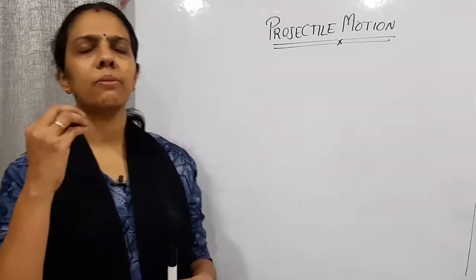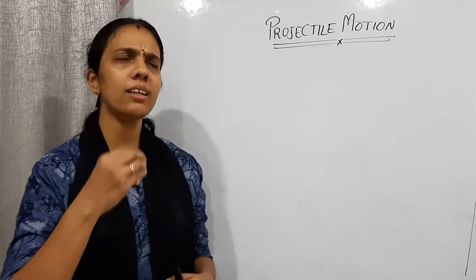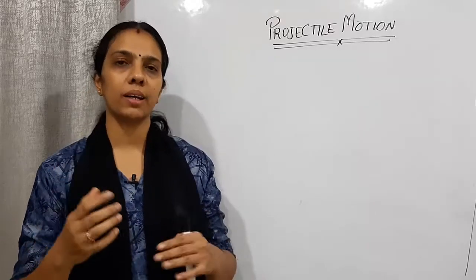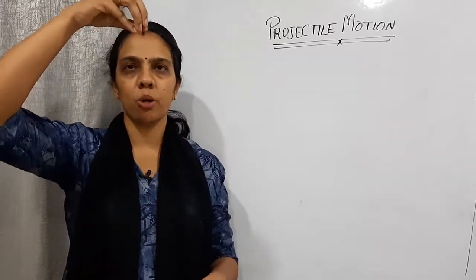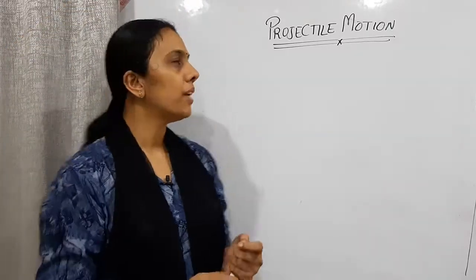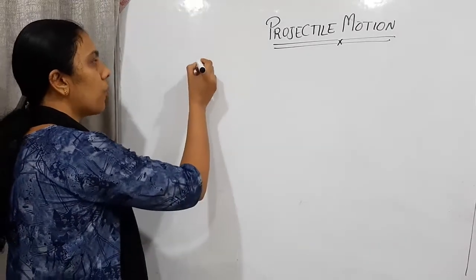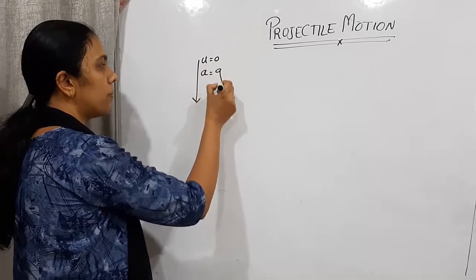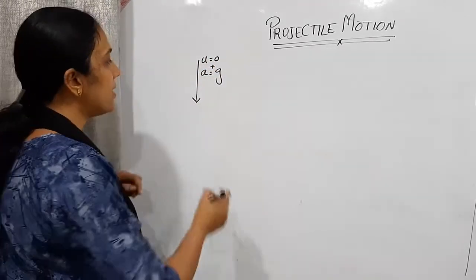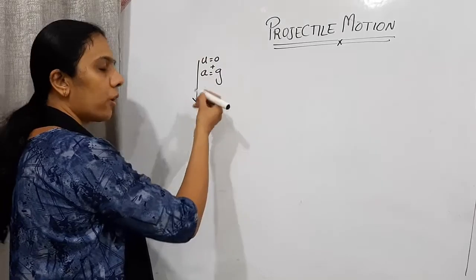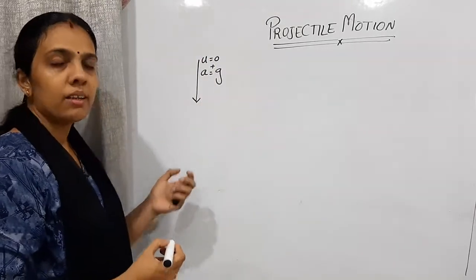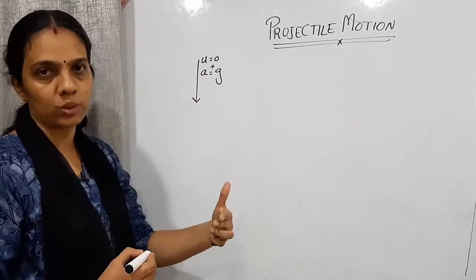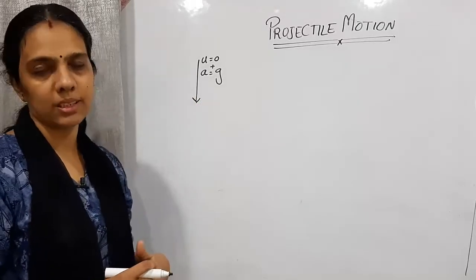Usually when we are considering one-dimensional motion, I'll consider different ways of presenting it. See, I am taking a ball and dropping it down. When the movement of the ball is downwards, initial velocity is 0, acceleration is plus g, right? As the distance decreases, velocity will be increasing. Velocity is increasing as the time passes by. That is, velocity is increasing with respect to time. Therefore, acceleration will be positive.